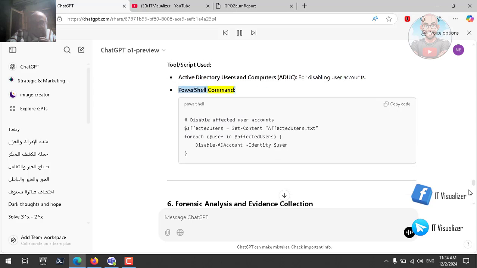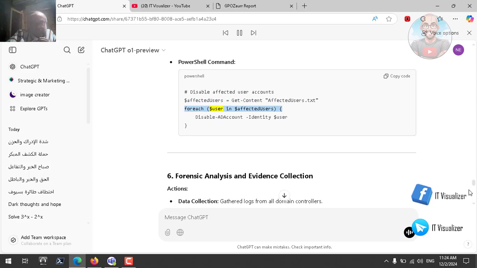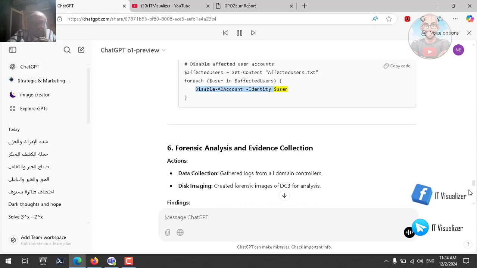PowerShell command. PowerShell. Copy code. # Disable affected user accounts: $affectedUsers = Get-Content AffectedUsers.txt. foreach ($user in $affectedUsers) { Disable-ADAccount -Identity $user }